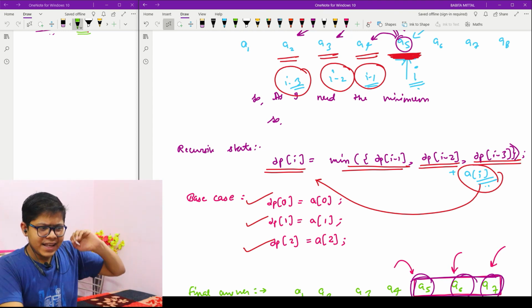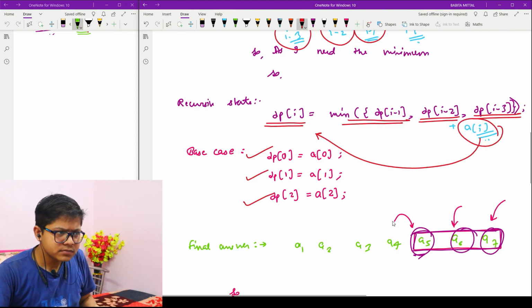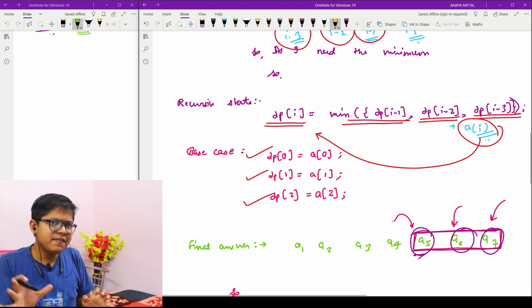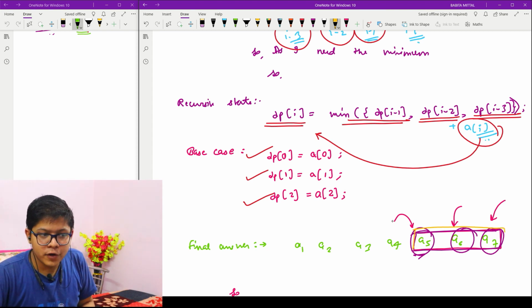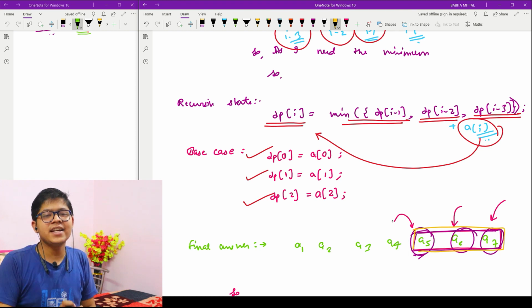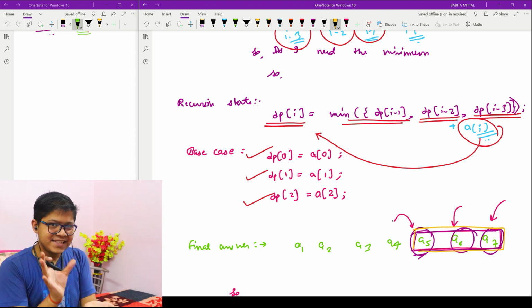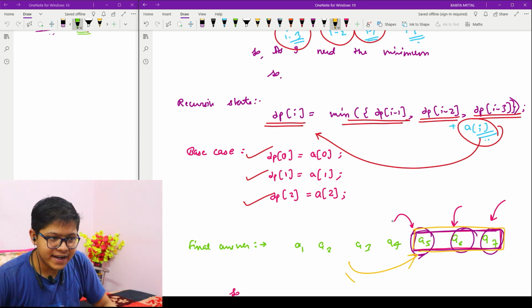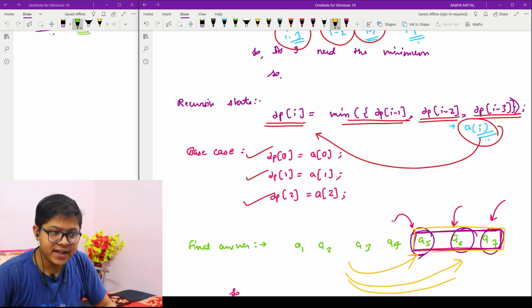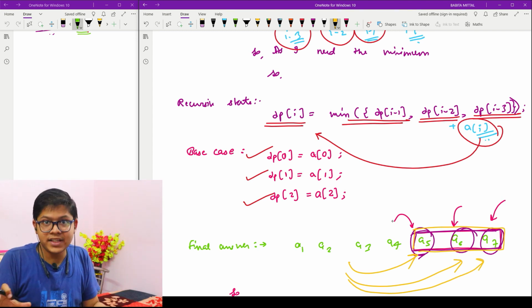Why? See, let's suppose you have completed your array. The final state which you must have computed is for the last window. If you have reached the last window, you might have ended at a5, or at a6, or at a7, because all three are valid.